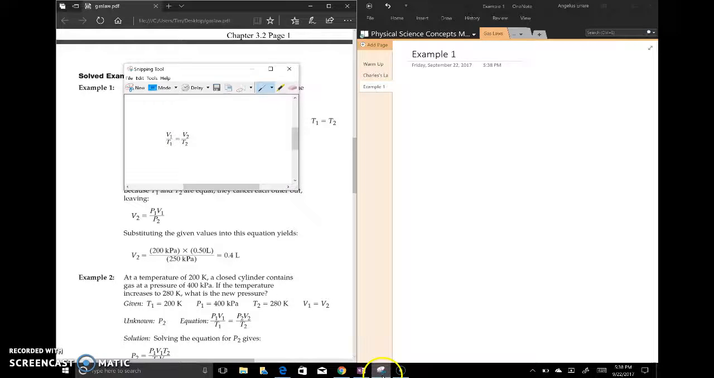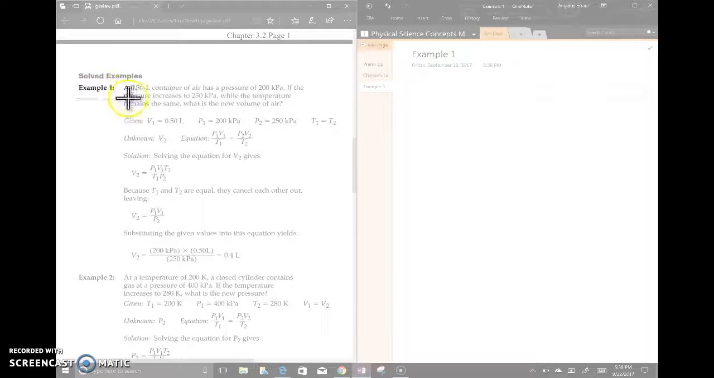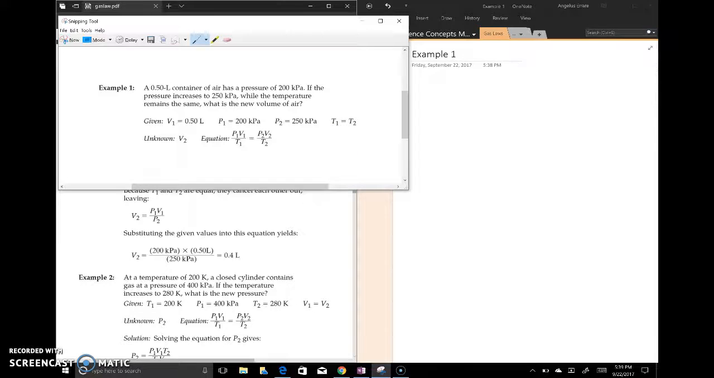So I'm going to press the Snipping tool again and press New, and I'm going to copy the part of the example that I think is important. So here, without the solution. But actually, there's some stuff in here. I want to give them the structure of givens and unknowns, but I don't want to fill it in